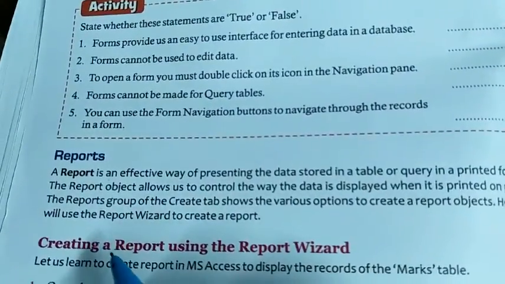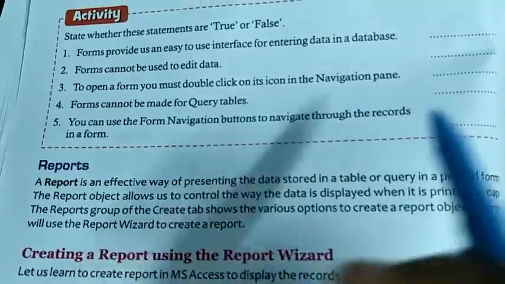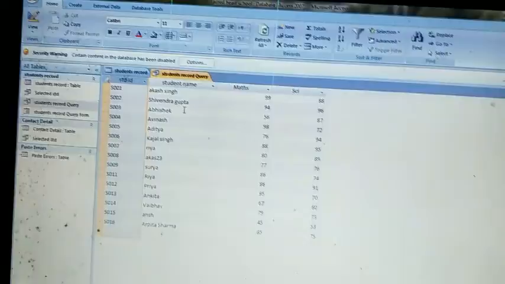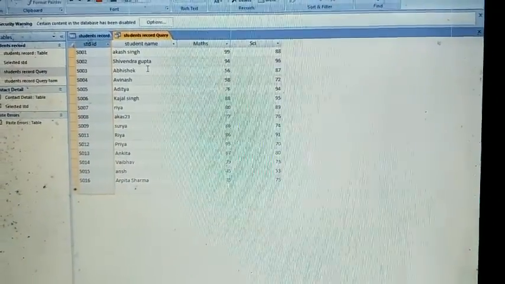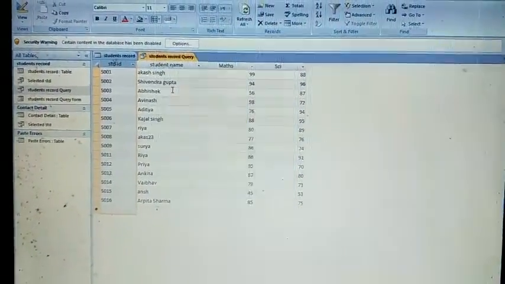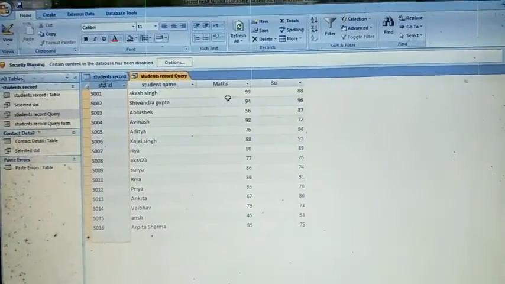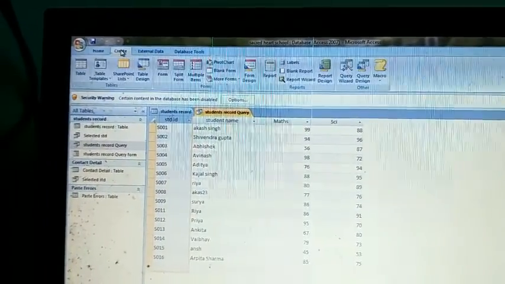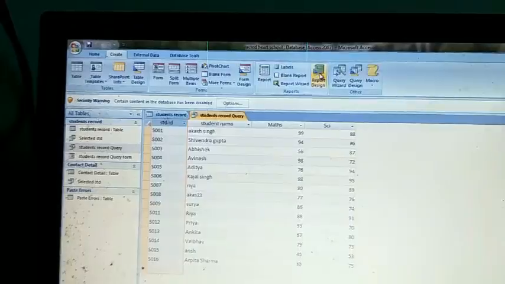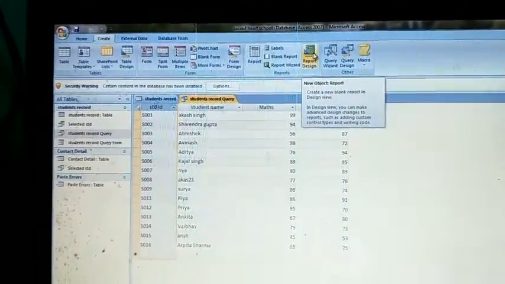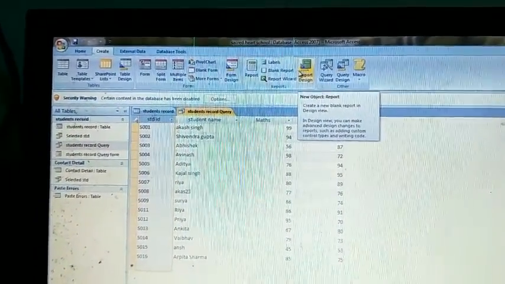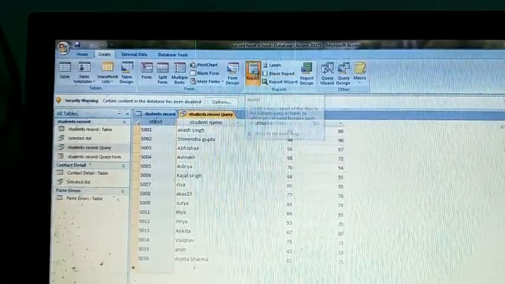Here we will use the report wizard to create a report. Meaning you can change the presentation of the records with the help of reports. Click on the Create tab and choose Report. This one, Report.